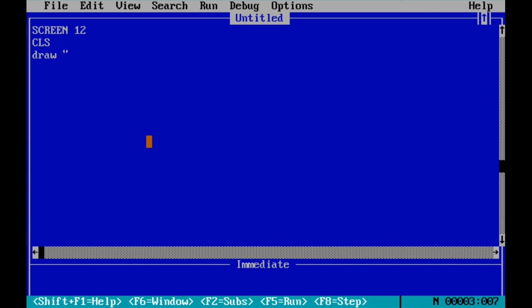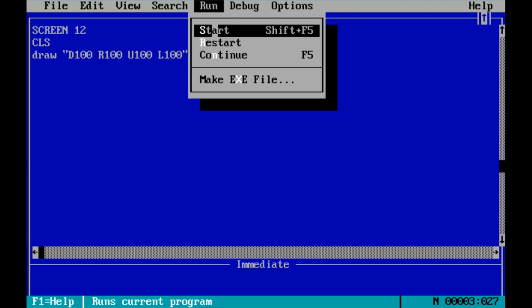So for the sphere we have to enter the 4 coordinate points. 300 right, 100 up, 100 down and left 100. After typing your program, click on the run command to run your program. So now you can see on our screen is a sphere.